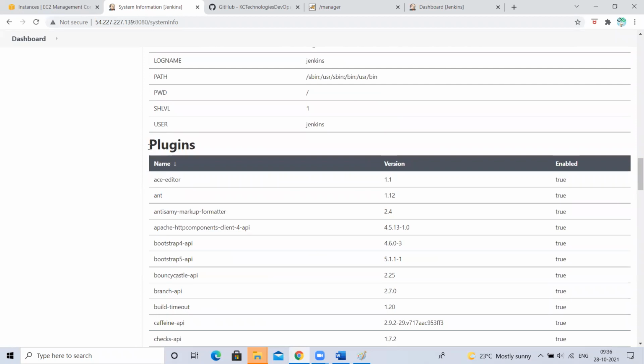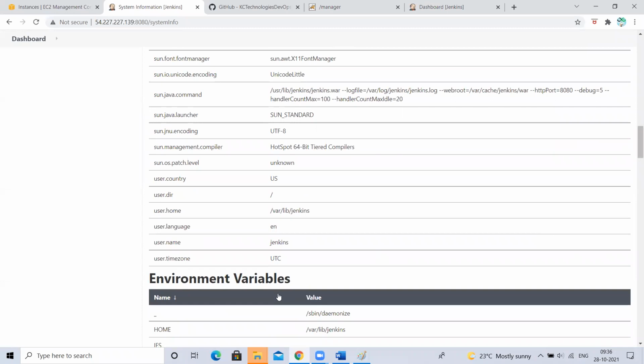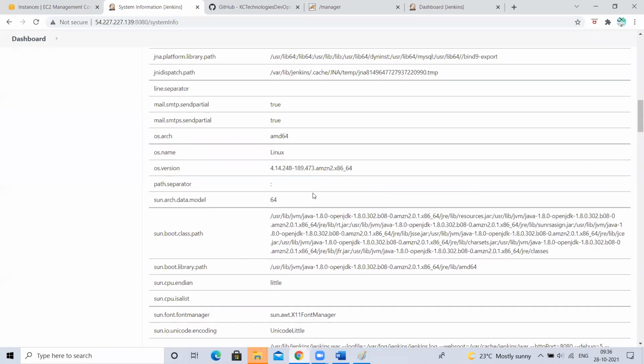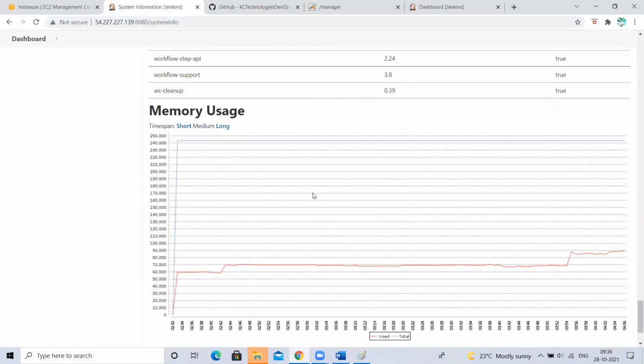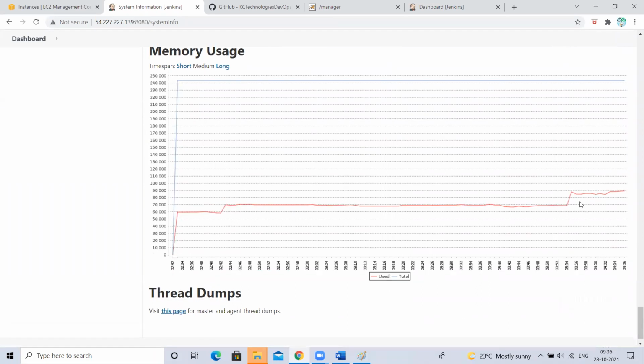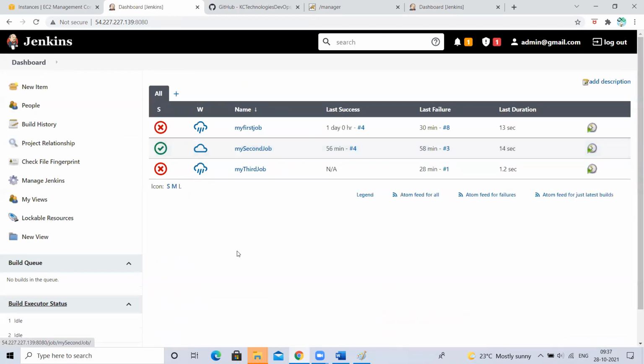Whatever plugins you have on your Jenkins, these are the plugins we have. This is the version. Either you enable this running plugin or you uninstall it, something like that. It shows environment variables, whatever we have set, right? Like this, all system-related and Jenkins-related information will be present here. Memory usage: how much memory of your Jenkins has been utilized, this much. From CPU utilization and RAM side, how much it is using, not much, right? It also shows system properties, the system-level properties of your Jenkins.